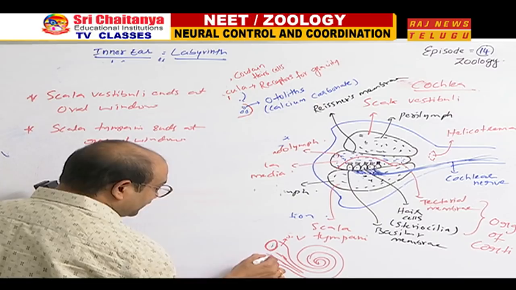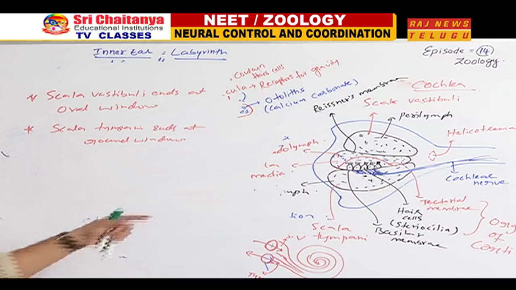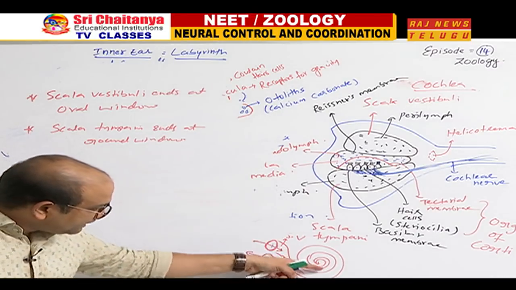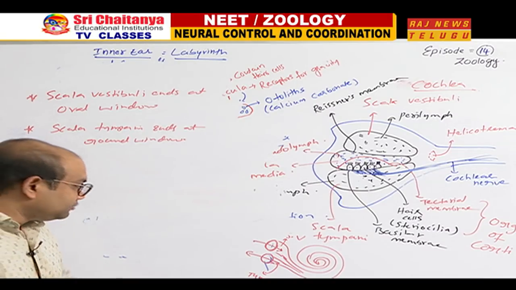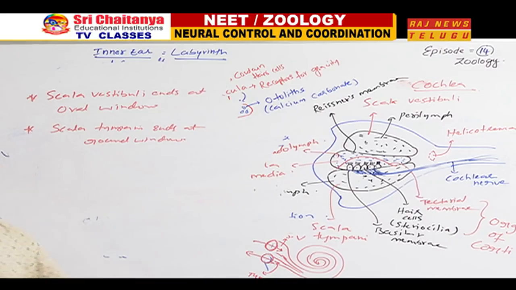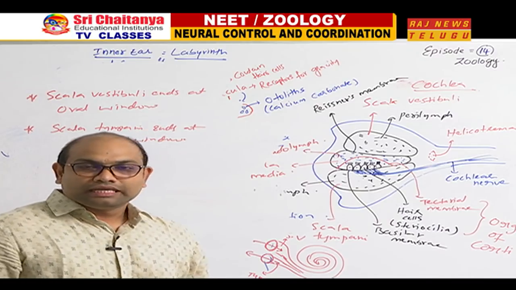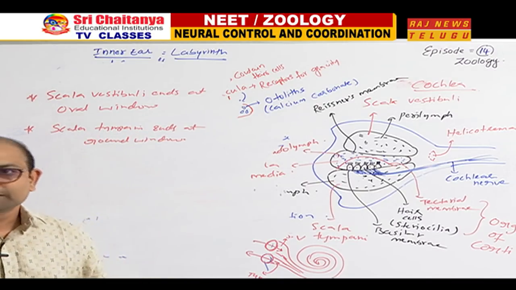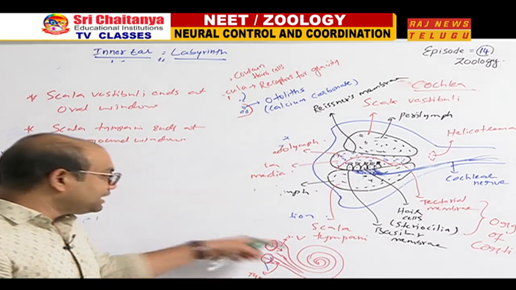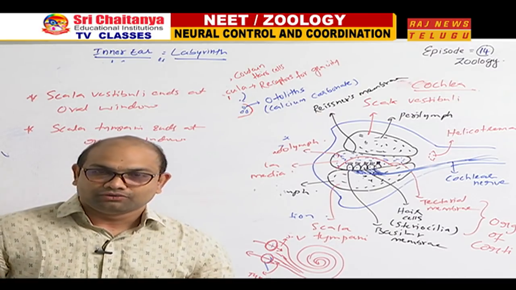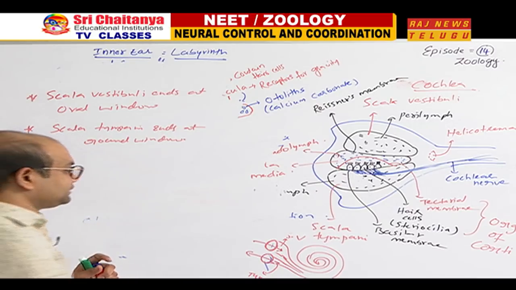If it is an oval and it is a round, this is incoming, this is for outgoing. The sound waves that are entering into the inner ear from middle ear through oval window, if a pressure exceeds in the inner ear, those pressure waves will come out through the round window. See the point? So incoming aperture is oval window, outgoing aperture is round window. Both are membranous.